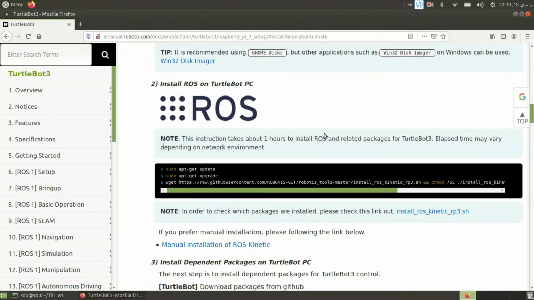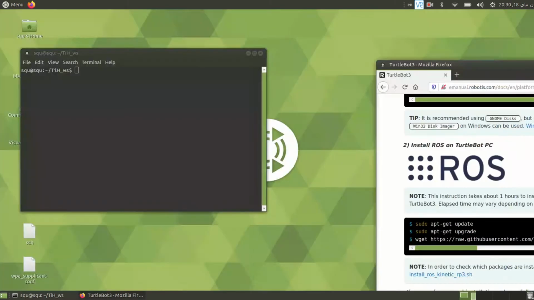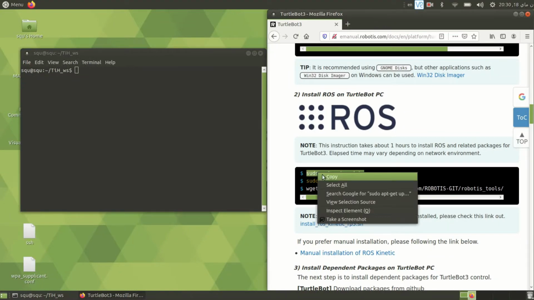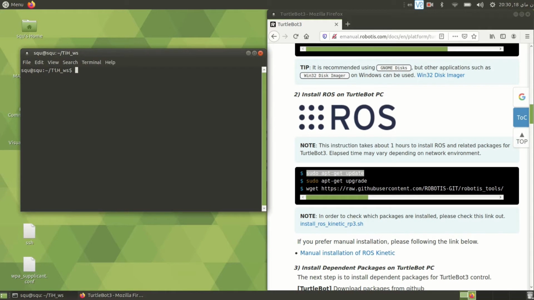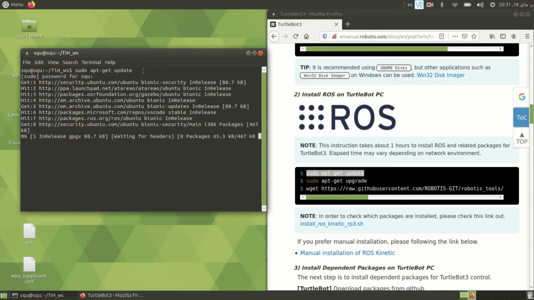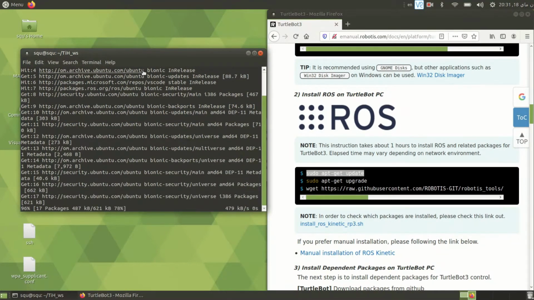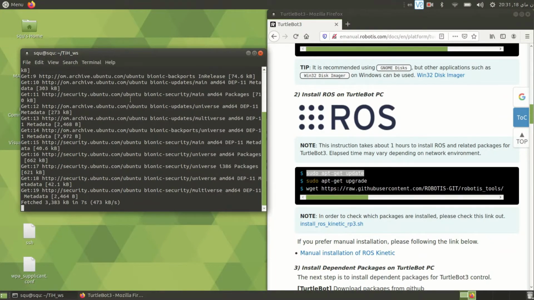In this website, I can see all the requirements that I may need to install this package step by step. I should only copy and paste this command here with Control C and Control Shift V, somehow Control V. I can paste it here. I have a password, so I should enter the password. It will set up. It takes a little time, and